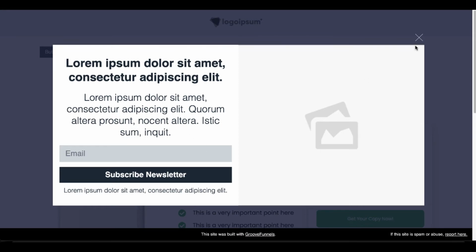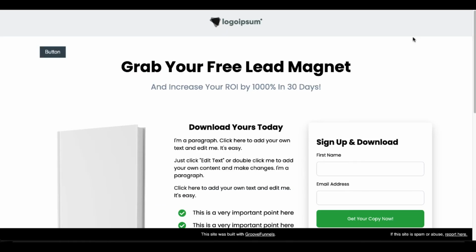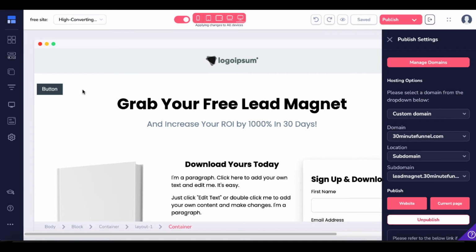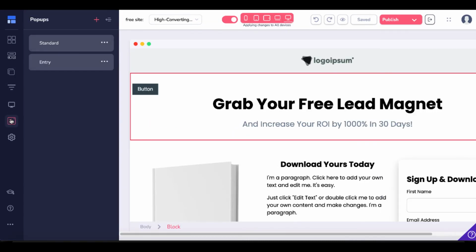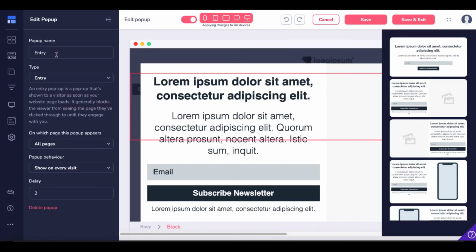Now what I wanted to show you again was that X right there. The X is available, but let's just say that we want to add a button below this that says no thanks. What we'll do is we will close this. We'll go back to Groovepages. We'll go back to Popups. Here we will edit this entry pop-up